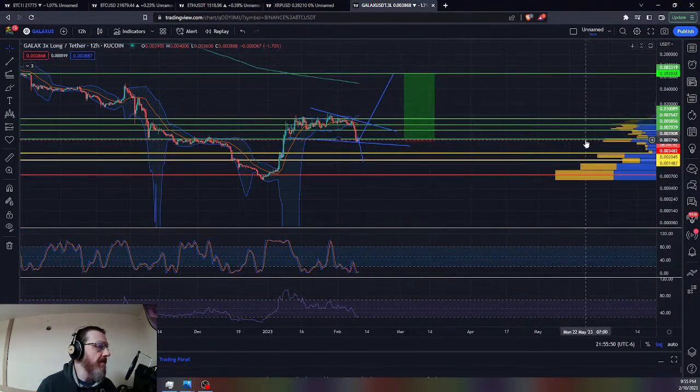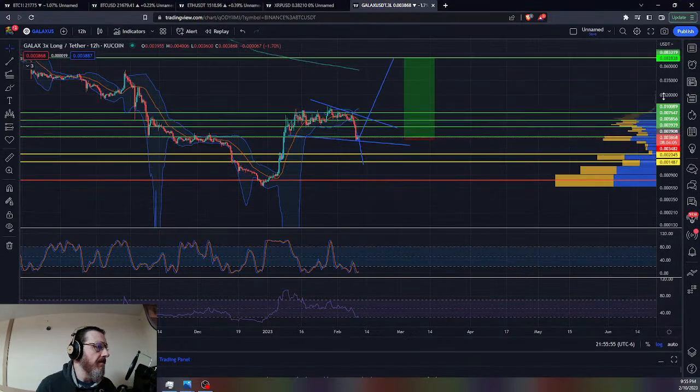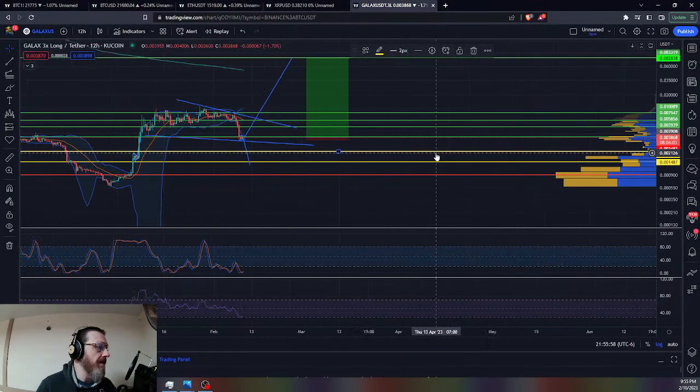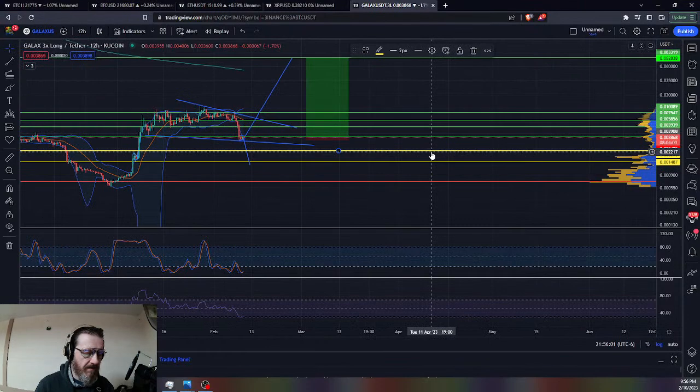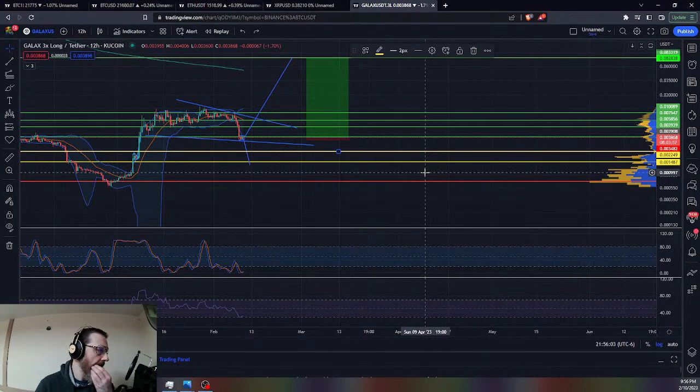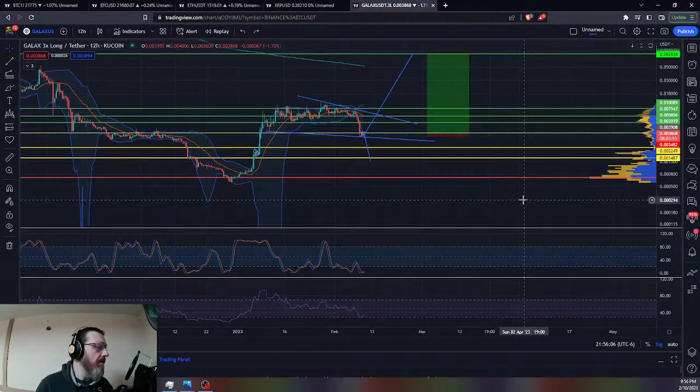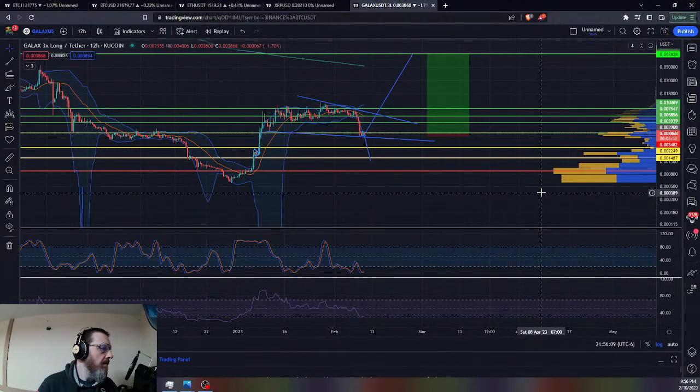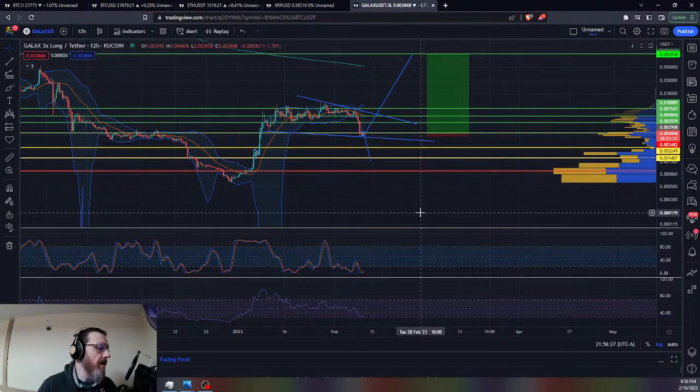Keep in mind, none of this has to play out. We could consolidate. We could break down in this pattern. There could be several more waves to the downside, or this all could just be a fake out. Because this seems more a likely zone of support to me, because it's basically just above where this breakout was. You've got this volume node here. Nothing says that we have to go anywhere, but